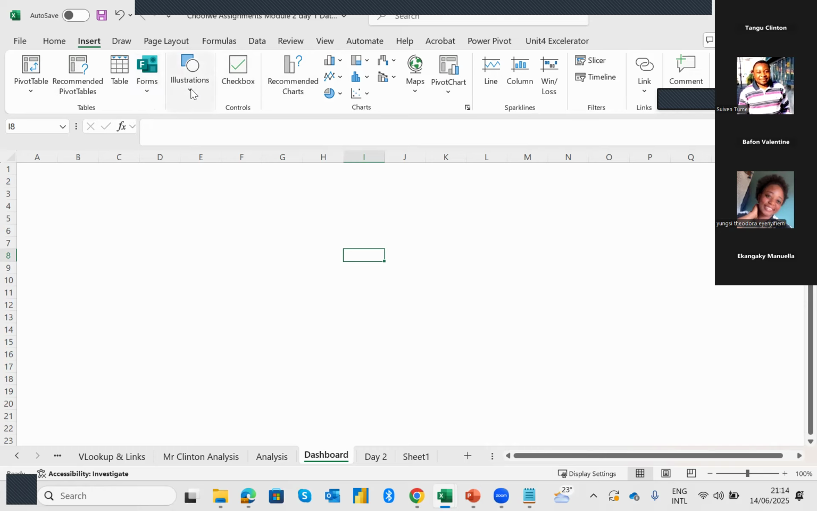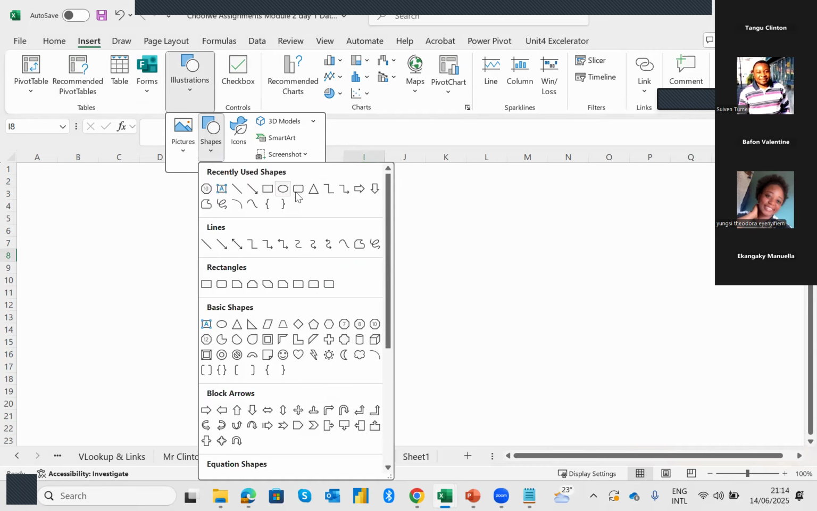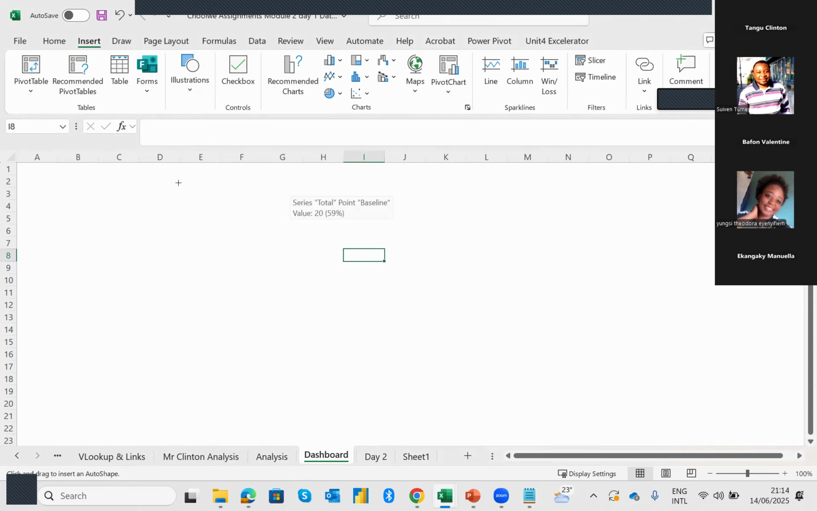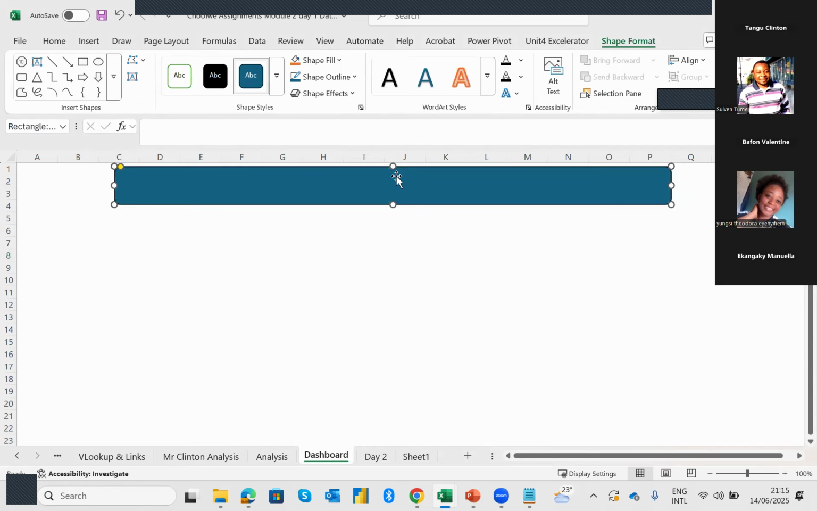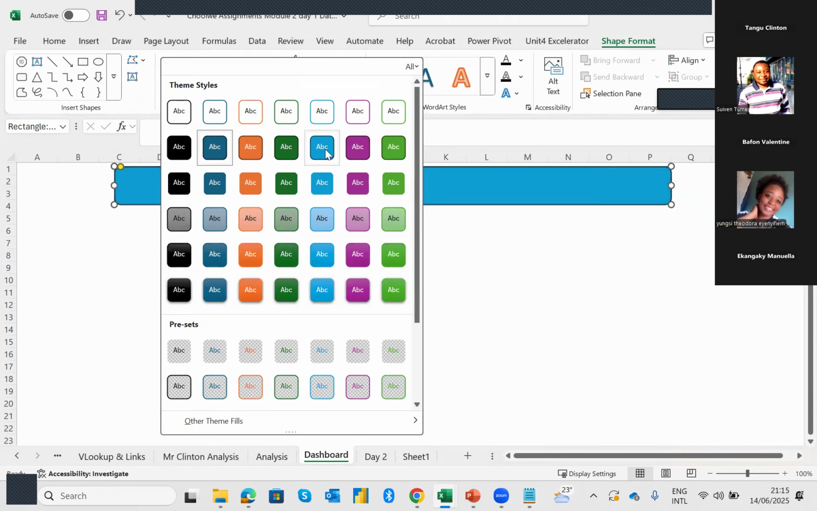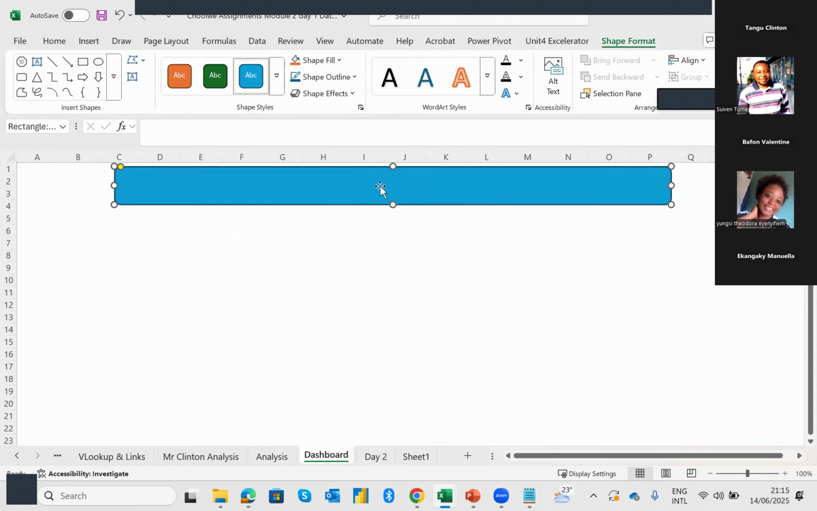So I may want to say maybe you take illustrations and then I select shapes. I want to use this one. Okay, I want to bring maybe the title of what I want to do, right? I'll bring it right in here. I choose the color. Maybe the color of my organization is this one. And then I can comfortably write inside now. So I say baseline. Maybe this is my activity. You can call it baseline